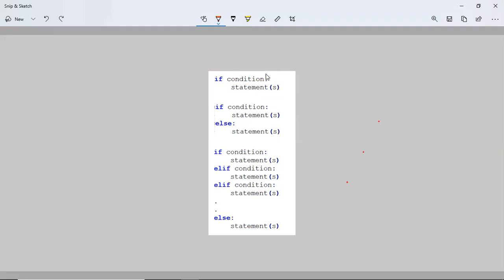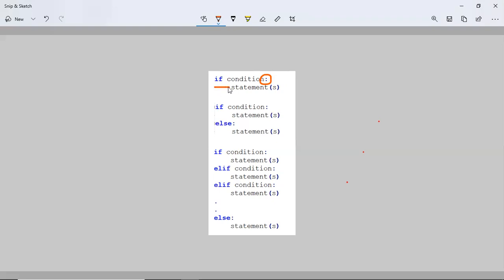Now, have a look at this. There is a colon out here. Let me just show it to you. Let me try it again. Yeah, that's better. So if you focus on this colon, what this represents is the start of a block. So you write your if keyword, you write the condition, then you give a colon, and then you go to the next line.